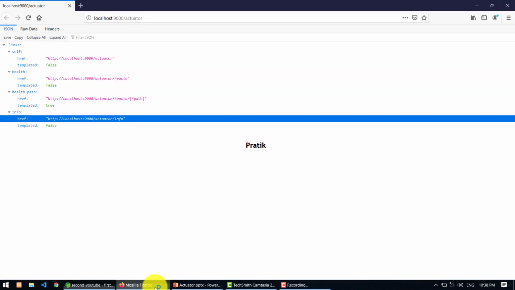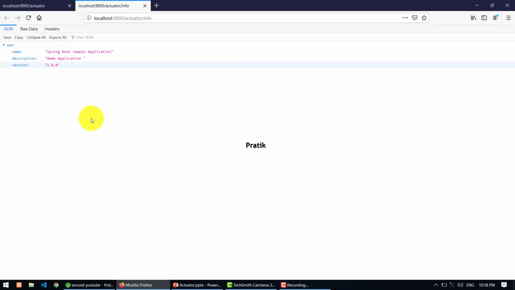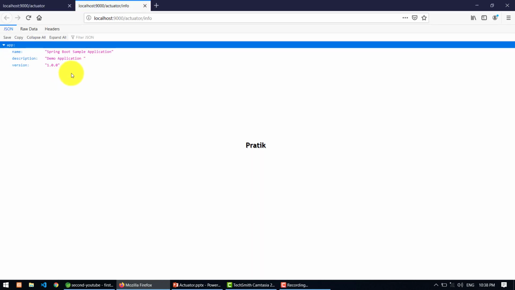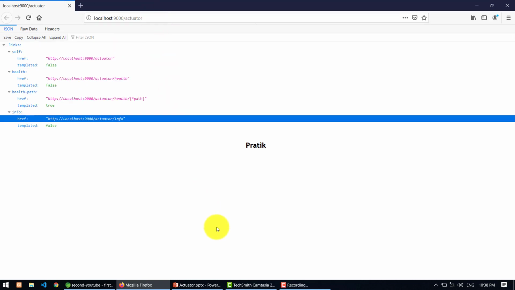Once the application restarts, go to the info endpoint and you see all the info present. If you look here, there are only 4 endpoints, but there are more than 4 endpoints.